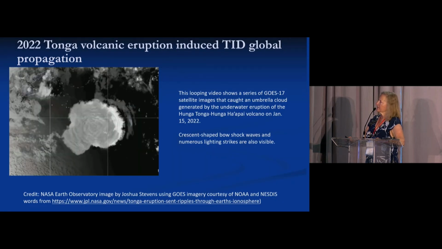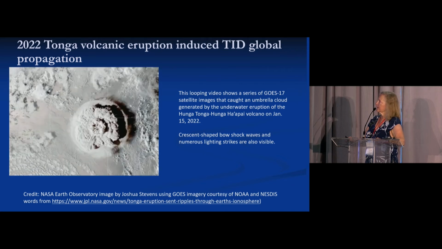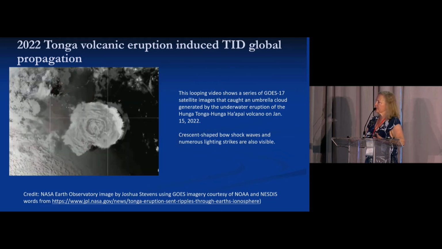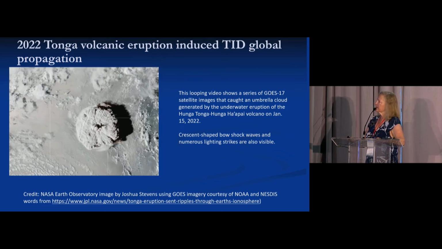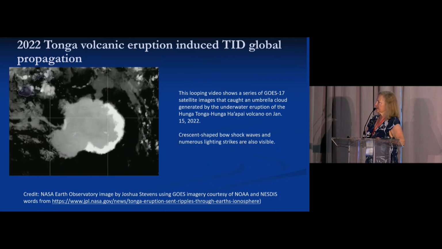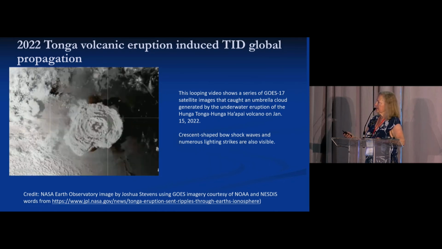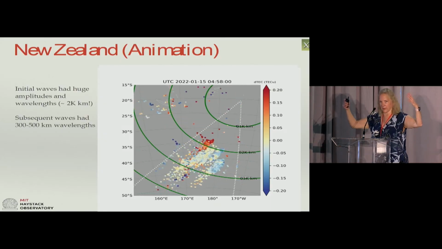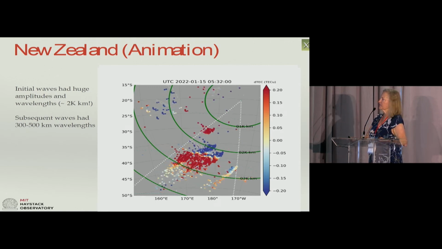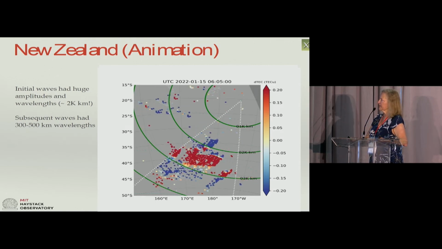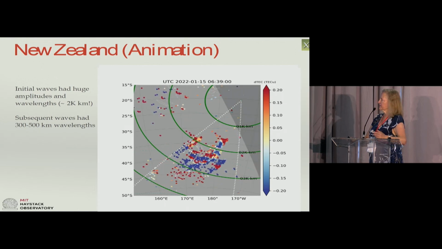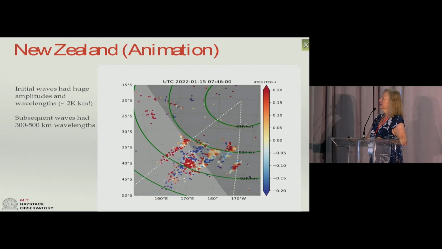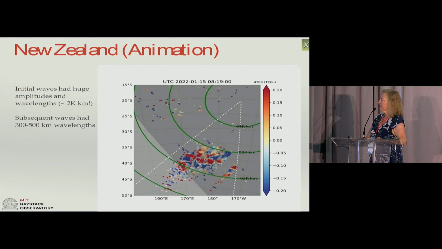Then many of you saw the recent Tonga volcanic eruption and all of the TIDs, and certainly our group has been actively involved. Both Shunrong and Ercha have papers now published, and I strongly recommend you look at them. This is the GOES imagery. This is Shunrong's. It's just the local, sort of looking directly at it. You're going to see these large waves coming out from the earth, from the volcano, and then you'll see a little bit later. And they lasted for many, many hours, and they changed wavelengths.